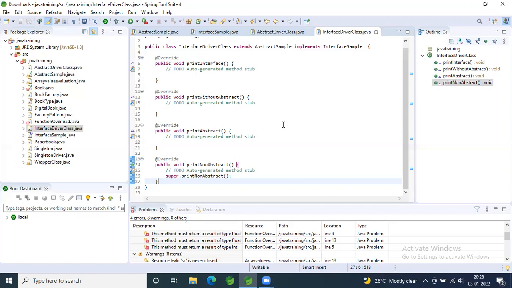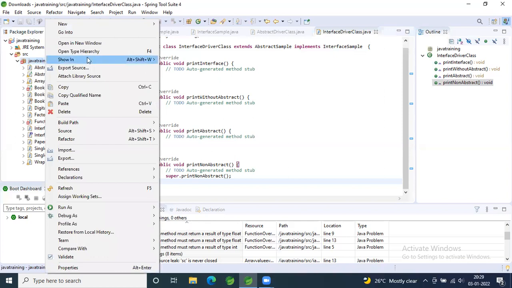Okay, so the rest all remains the same: how you access, how you define your method logic, and how you call this object either from the parent class or from the child class, everything remains the same. Okay, now can you have one more driver, just a normal driver class? We'll just call the object structure.